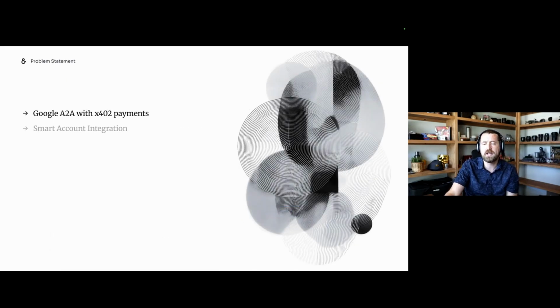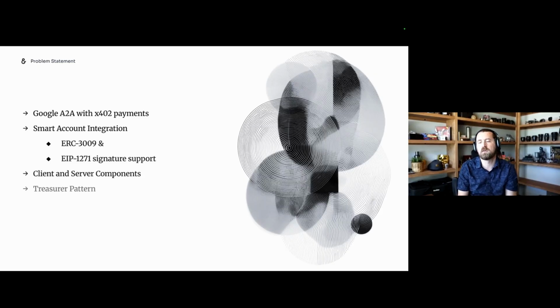And so, what do we get with the SDK? And why would you use it? Well, first of all, it's going to be the entry point into the actual Ampersend UI that you're going to utilize for managing all your agents. And so now it's available for you to try out just with x402. And one of the benefits is, again, there's an example that shows how you can utilize Google A2A to do